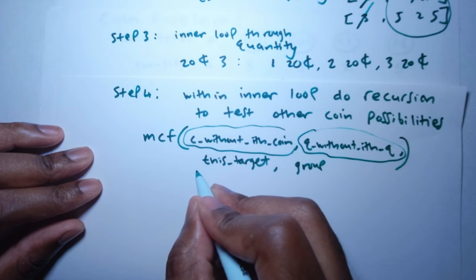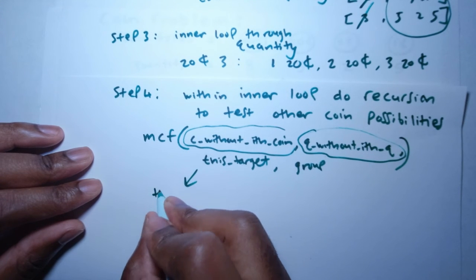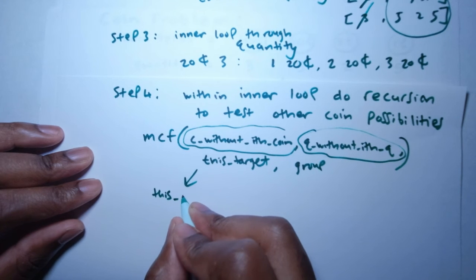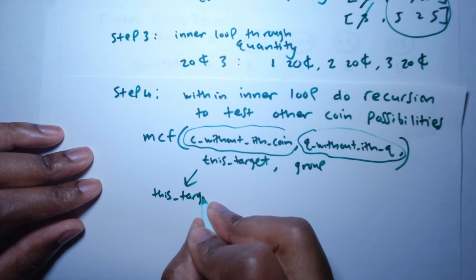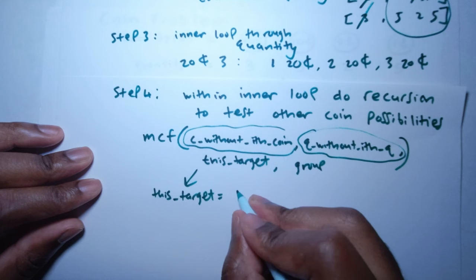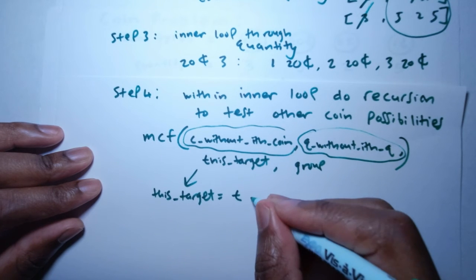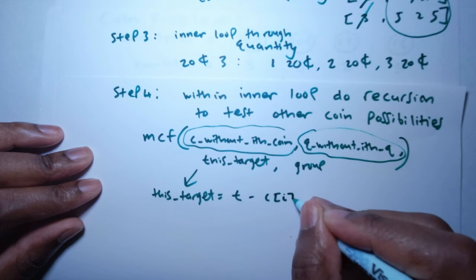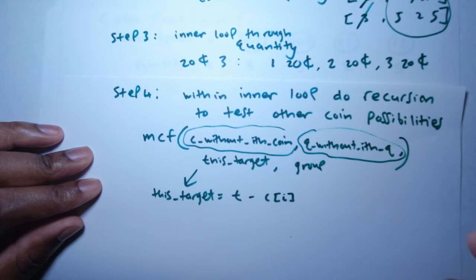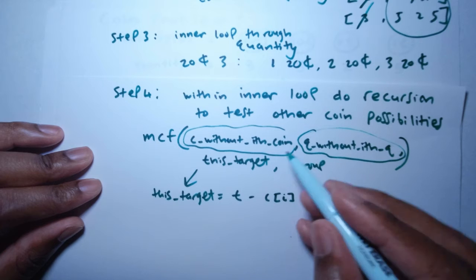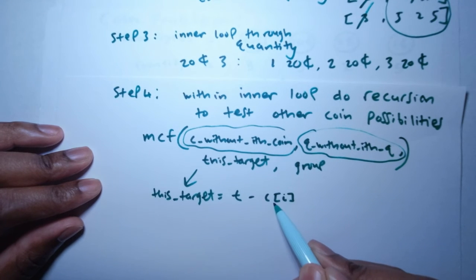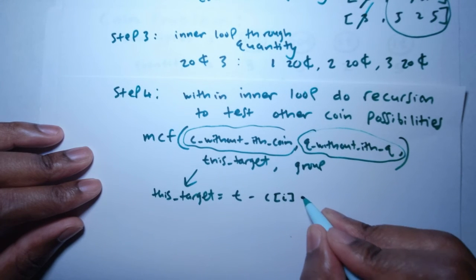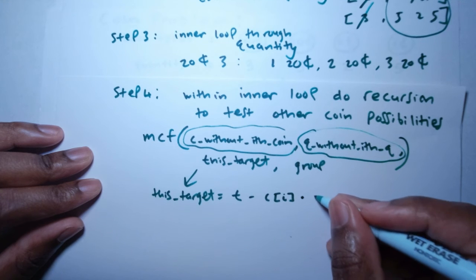Let me define this target. So this target is equal to whatever the original target was. Then you have to minus the coin. So we'll call the C at I, which is whatever coin we selected. Whatever coin we've omitted from here, we are going to minus that. And then we times by the